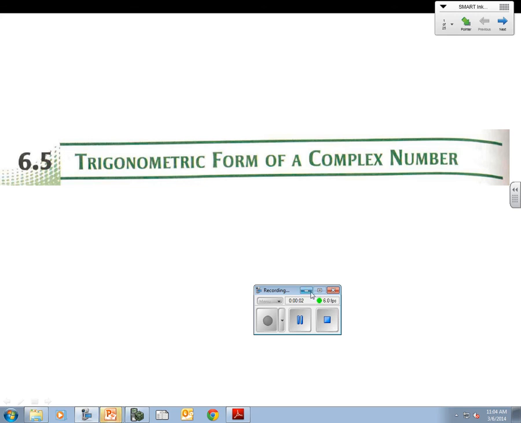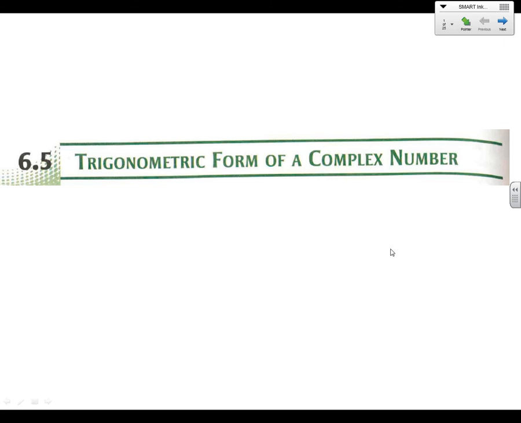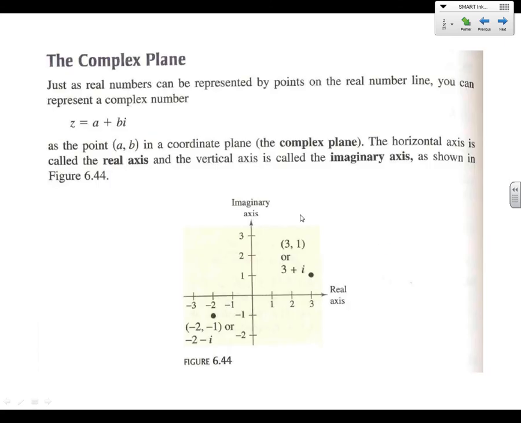Okay, let's get started with 6.5, the last section in Chapter 6. And we're going to do trig form of a complex number. So, we're going back to our imaginary and real axes, the complex number plane. So this is going to be a little obnoxious because we've been dealing with